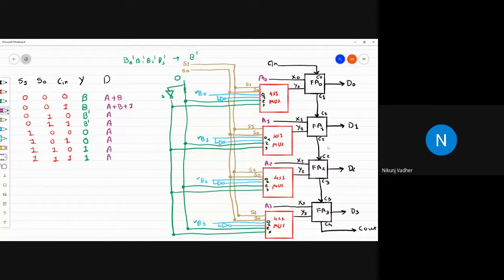Here this will be A plus B dash. This will be A plus B dash plus 1. Okay, this will be A plus 0. This will be A plus 1. Okay, this will be A plus